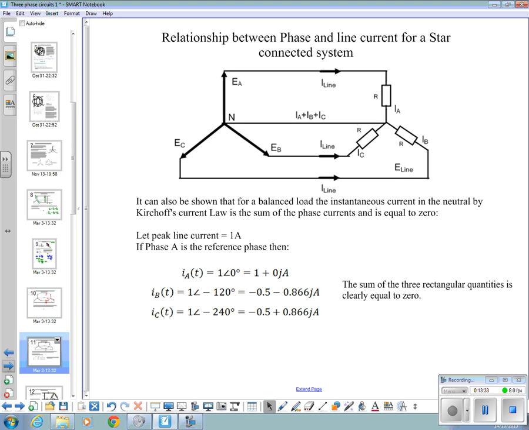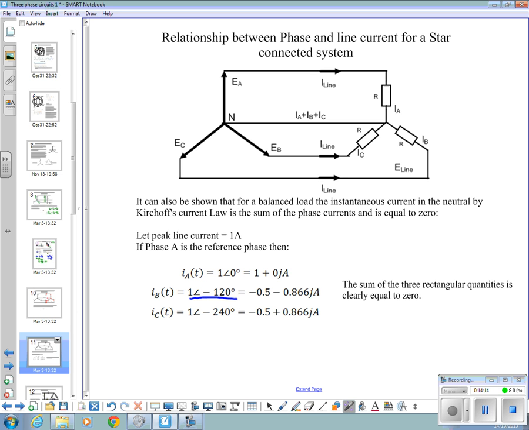Now, phase and line current. A bit more about phase and line current for a star connected system. It can be shown that for a balanced load, the instantaneous current in the neutral, by Kirchhoff's law, is the sum of the phase currents, which is equal to 0. If we let the peak line current equal 1 amp, then the phase currents also equal 1 amp. We've got IA at 0 degrees, 1 angle 0, convert that to rectangular, 1 plus 0j amps. We've got 1 amp at